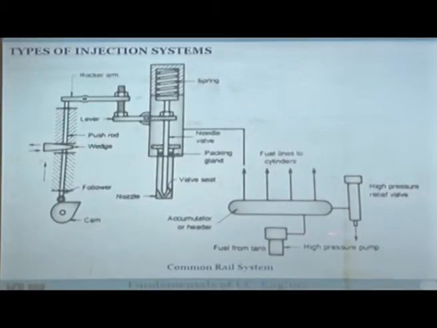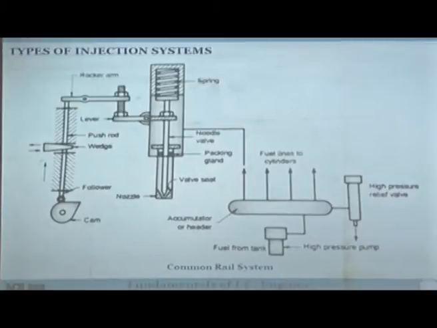So, this is the schematic of a common rail system. Mechanical again, what we have discussed. You see here, this is the fuel that is coming from the tank, and from here, it's a high pressure pump, and the high pressure pump will generate high pressure which will go to the accumulator, and this is the pressure relief valve. Suppose pressure becomes more, then it will drain the fuel which will go back to